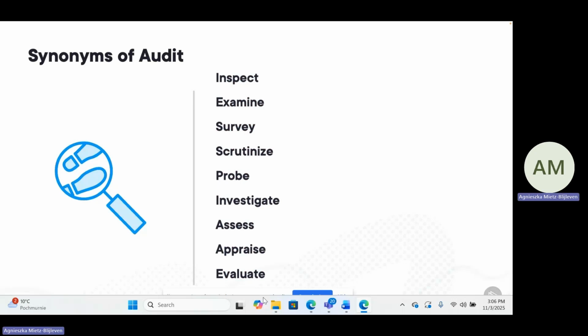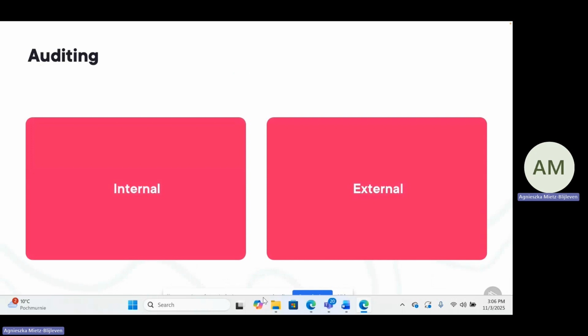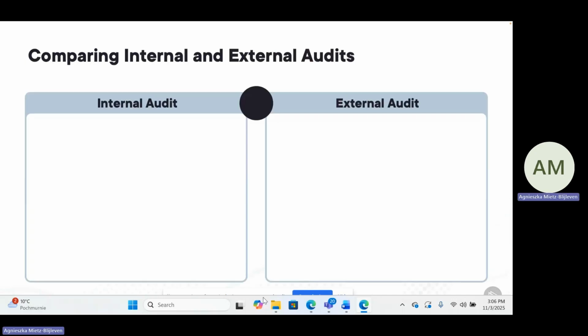But of course, one of the great things about audit is the opportunity for improvement as well. There are two main types of audit that we deal with: internal auditing and external auditing. They both have their place, and they certainly both have their purposes. If we take a look, for example, at an internal audit